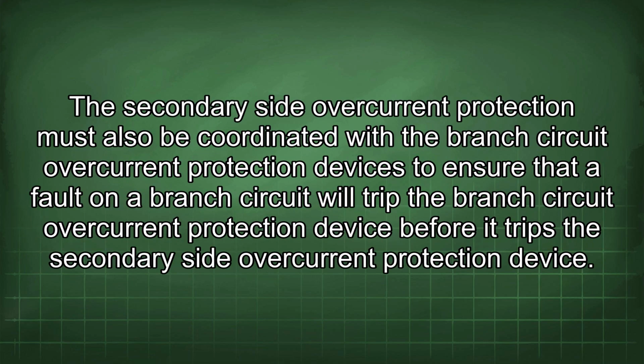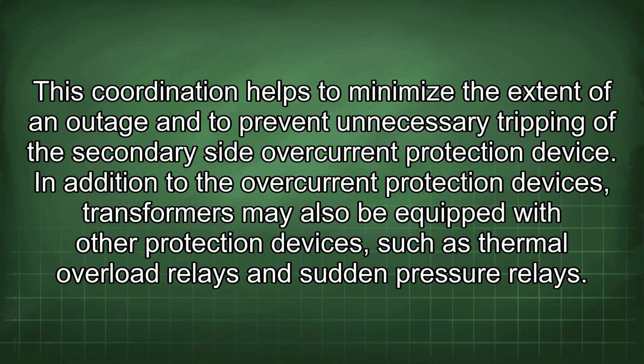The secondary side overcurrent protection must also be coordinated with the branch circuit overcurrent protection devices to ensure that a fault on a branch circuit will trip the branch circuit overcurrent protection device before it trips the secondary side overcurrent protection device. This coordination helps to minimize the extent of an outage and to prevent unnecessary tripping of the secondary side overcurrent protection device. In addition to the overcurrent protection devices, transformers may also be equipped with other protection devices,